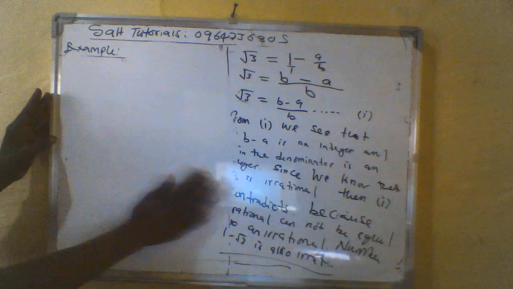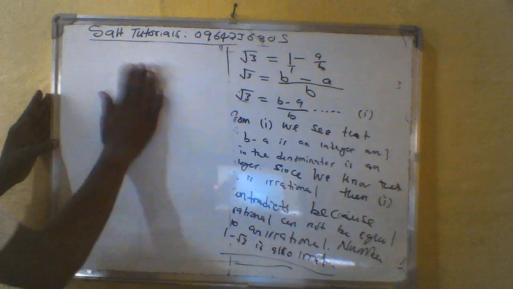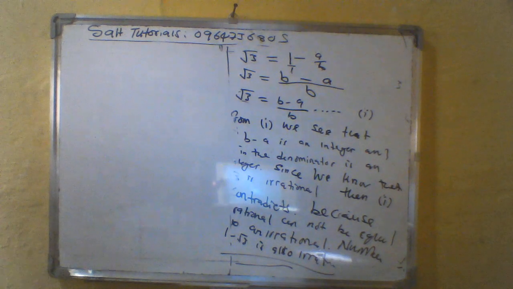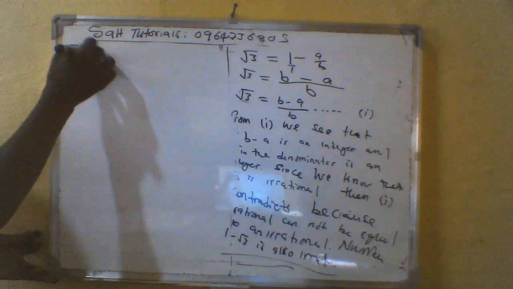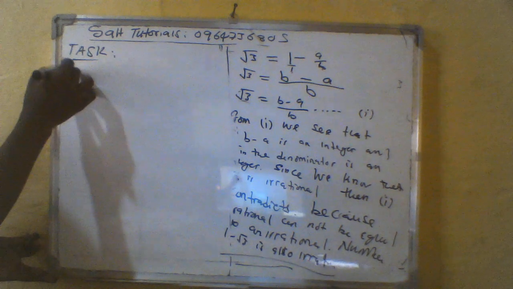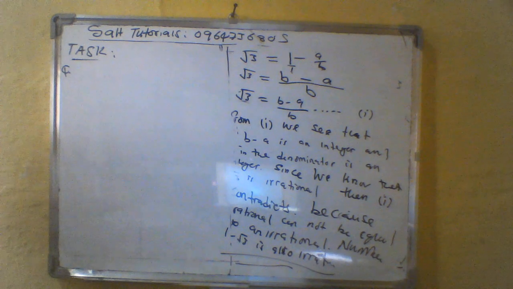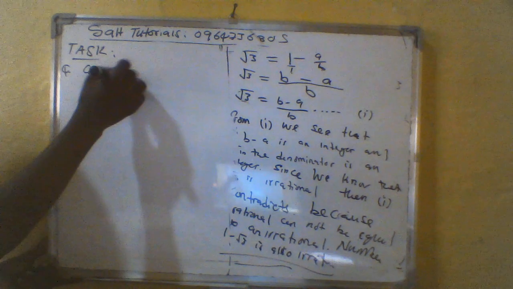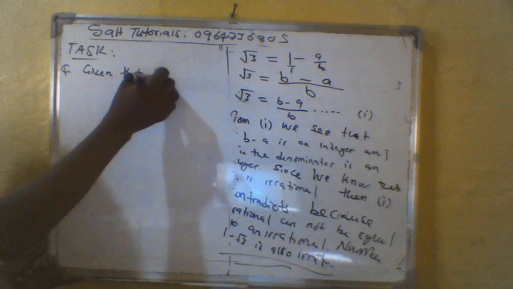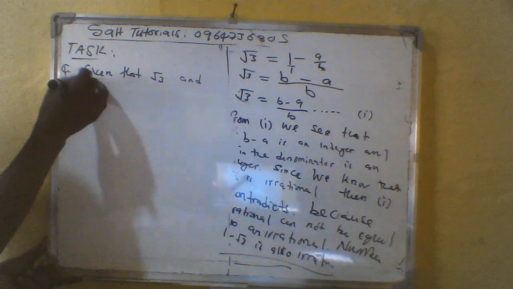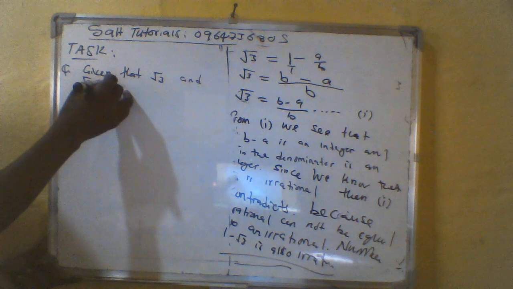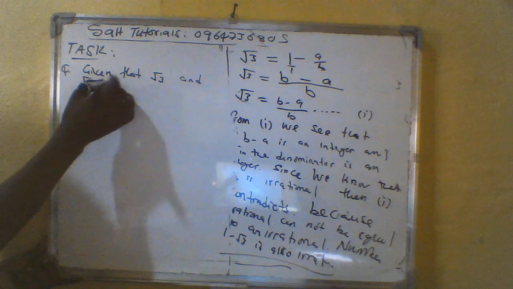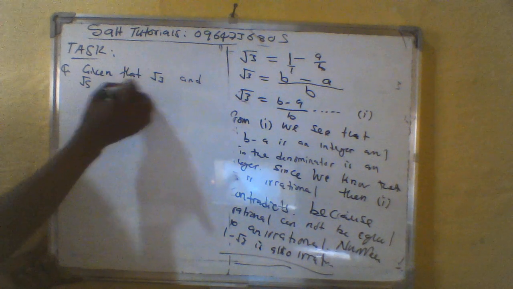The question is, given that root 3 and root 5 are irrational numbers,